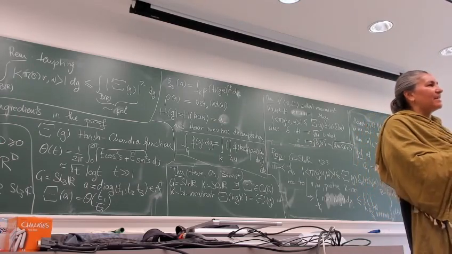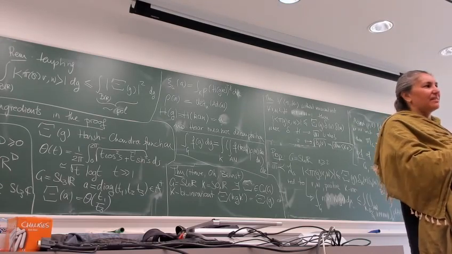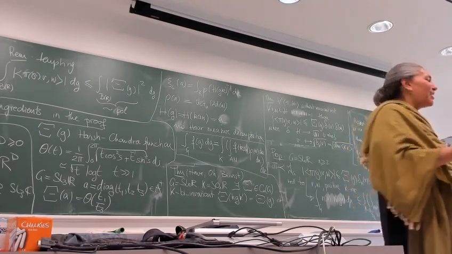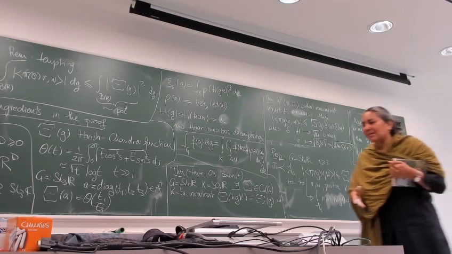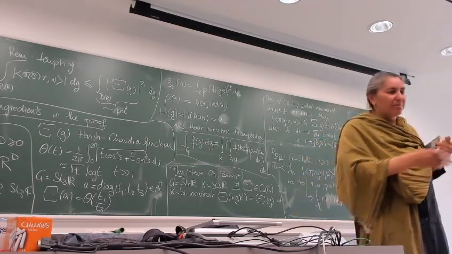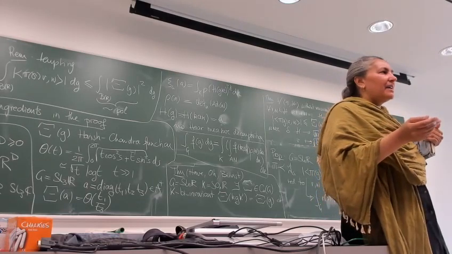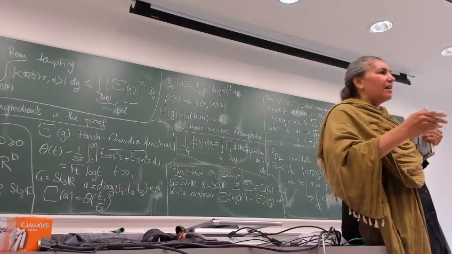I did put it as an exercise where you have to accept a bunch of things, but the exercise goes like this. You look at SL2R acting on R2, and then you do some Fourier transform on R2,